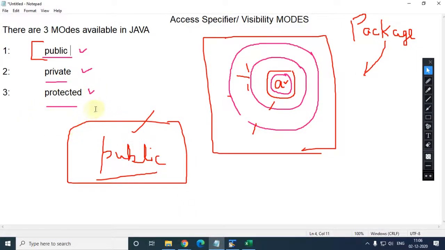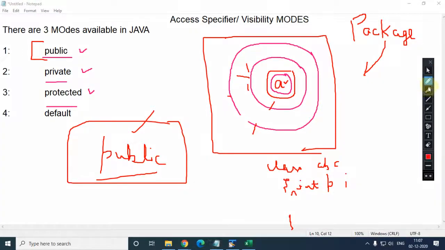By default, that is default. See, if you are declaring a variable in a class, like you have declared class ABC, and inside this you have declared a variable like P. Here we are not putting any access specifier before the data type, not public, not private, not protected. So what is that? For that we can say it has the default access specifier, which is not required to be written. By default, the access specifier is default.